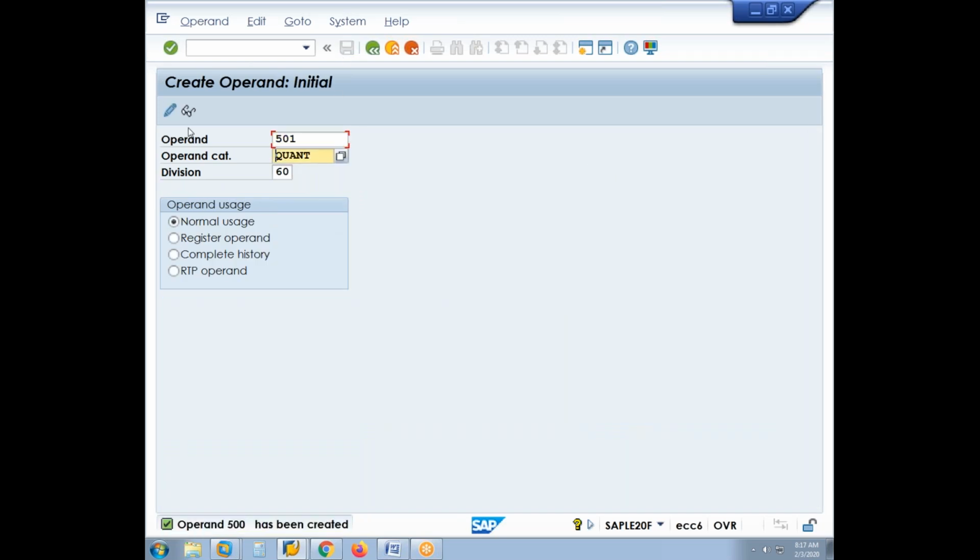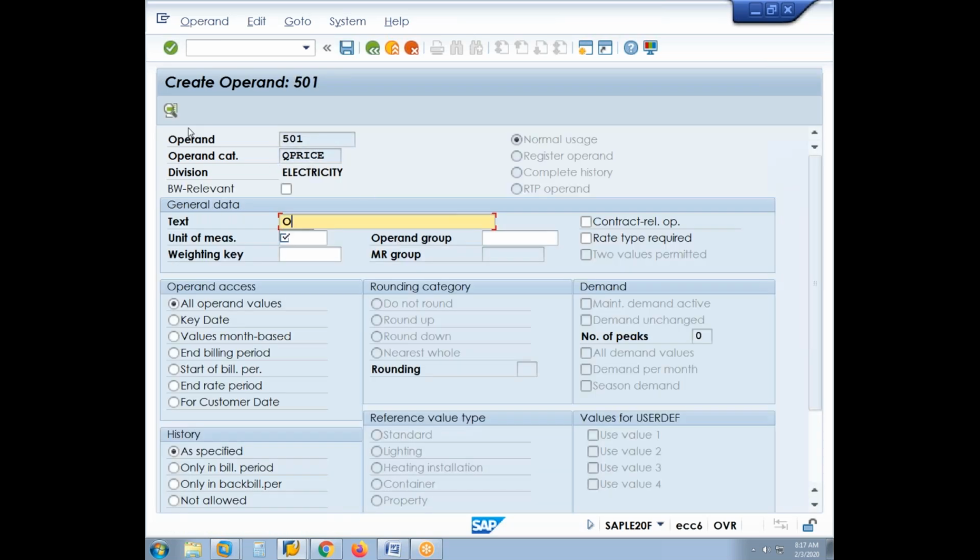501 is the operand for Q price, quantity based price. That is normal usage. It will come from the facts, so normal usage. So we will say this is on peak price, and this also will be kWh,